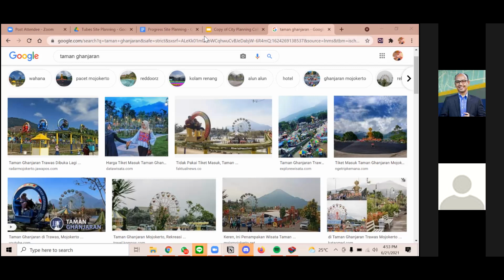Actually, there's some villa around Ganjaran, but Ganjaran itself doesn't have its own resort for it, sir. Okay, so privately owned villas, I suppose. Okay, that's okay. I don't have a problem with that, as long as it does not